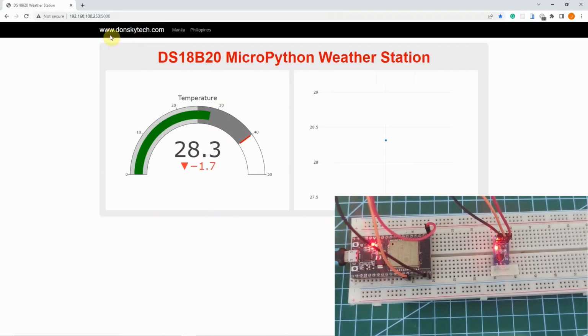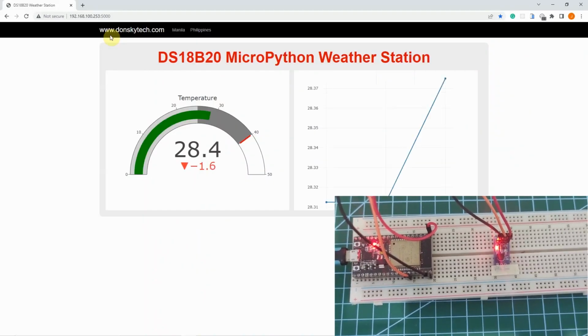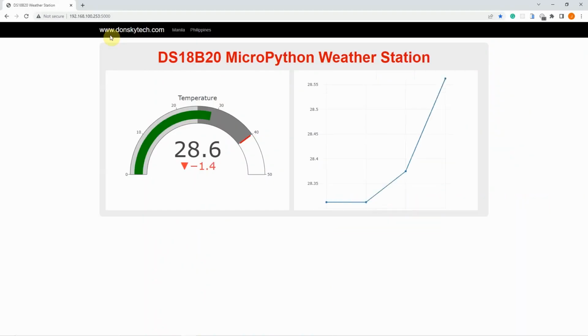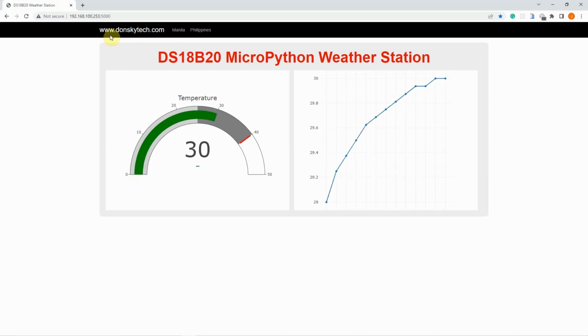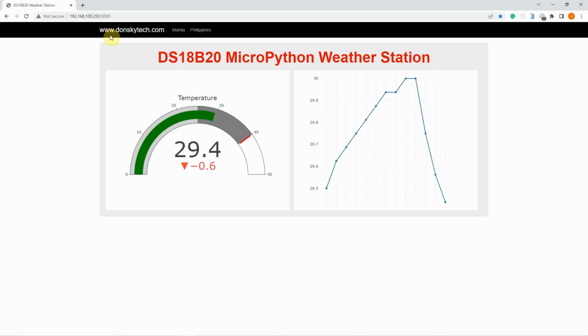I'm back with a new video called How to Control DS18B20 Temperature Sensor using MicroPython with a weather station project. In this video, we are going to be interfacing with the excellent temperature sensor called the DS18B20. We will create our own DS18B20 MicroPython weather station project wherein we will display the current temperature readings and the history of the last 12 reads.